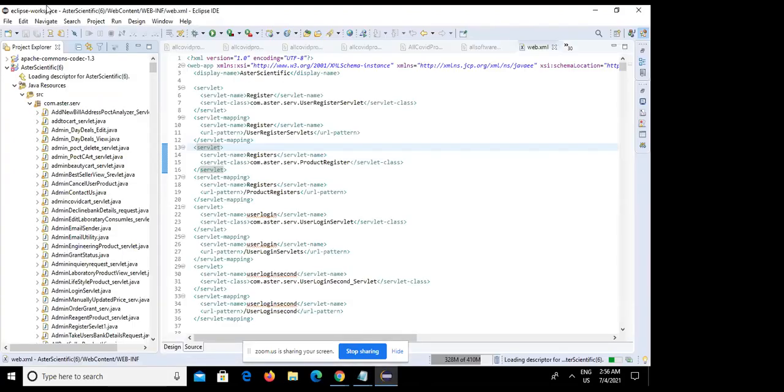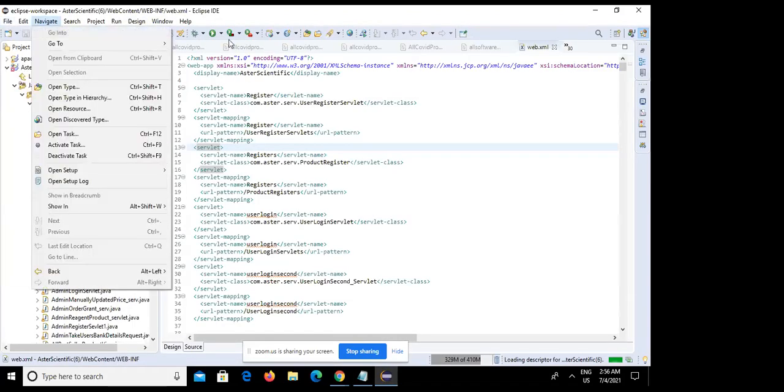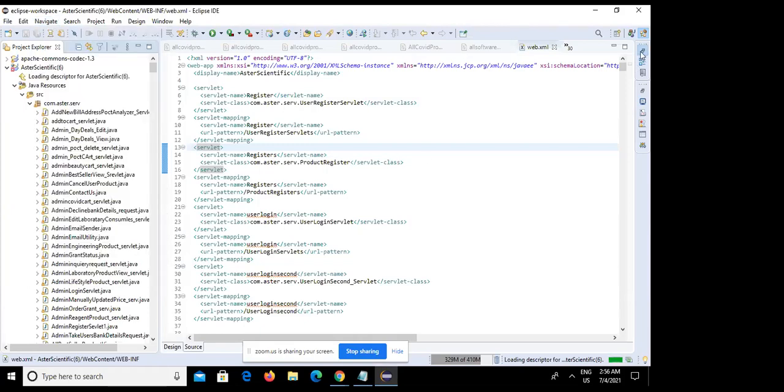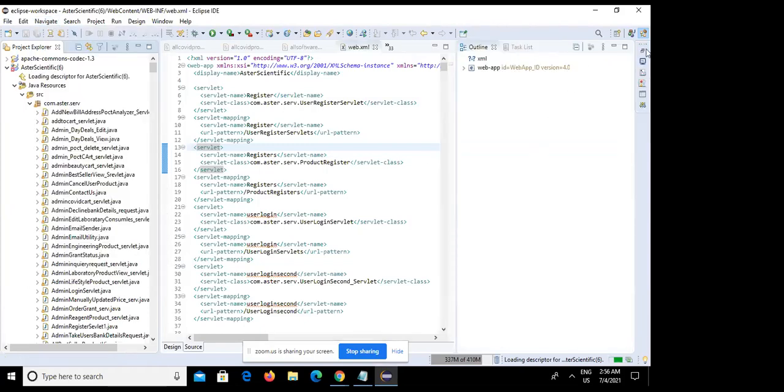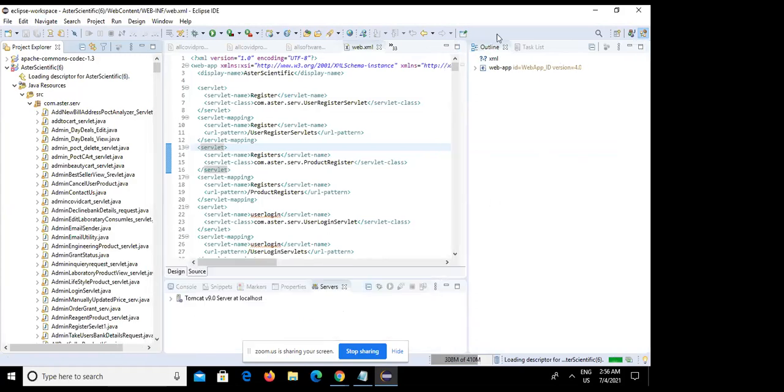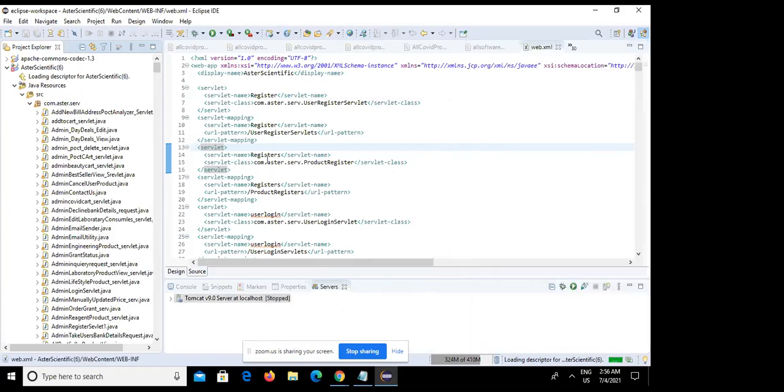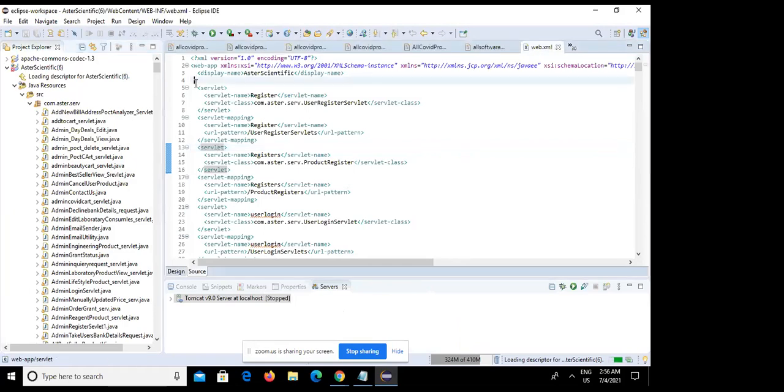And one more thing that I am showing for you. See, I have downloaded Eclipse, and I am showing my project.